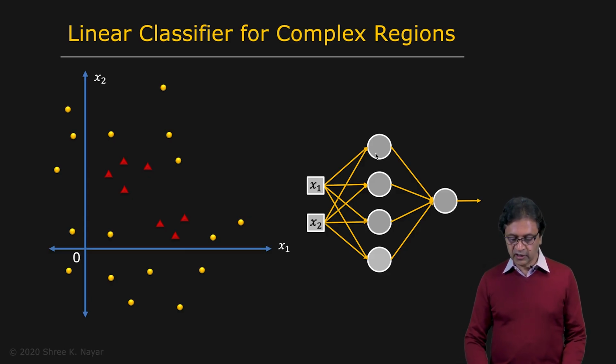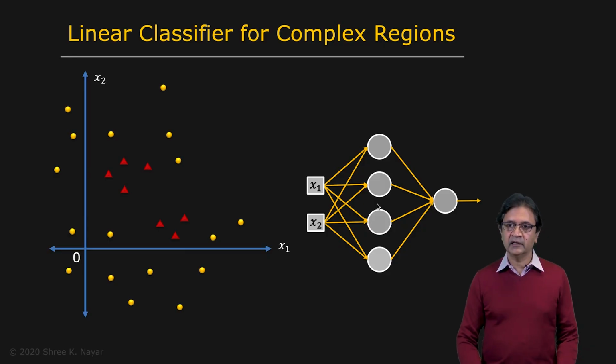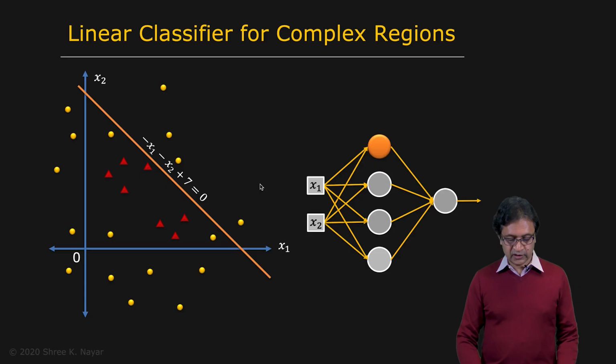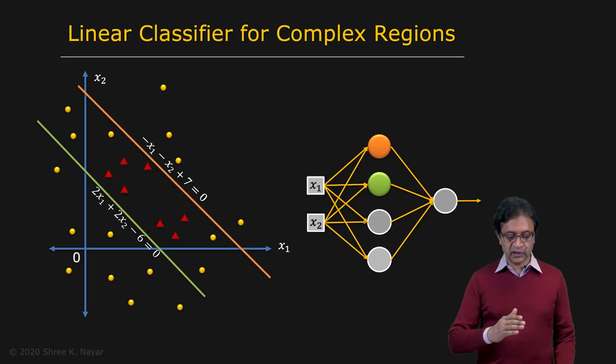So here is a perceptron network, which we're going to use to do this. Again, the inputs are x1 and x2. And let's look at this perceptron right here. We know that we can build a linear classifier using that one. Let's say that it has weights and bias such that it creates this linear classifier, and the output is going to be a 1 if you happen to lie beneath this line that you see right here. And now let's take a look at this perceptron right here. Let's say that is this linear classifier, where the output is a 1 if you happen to lie to the right of this line.